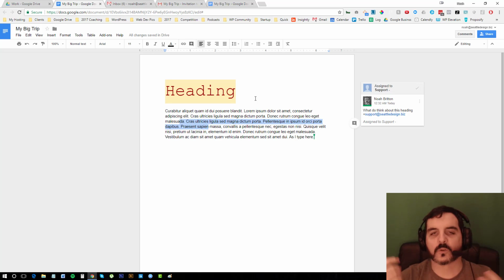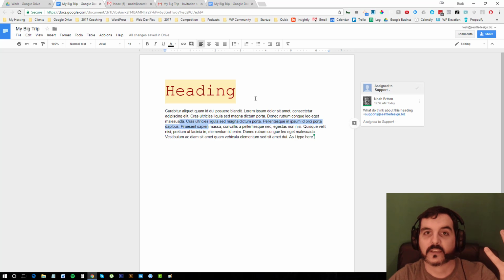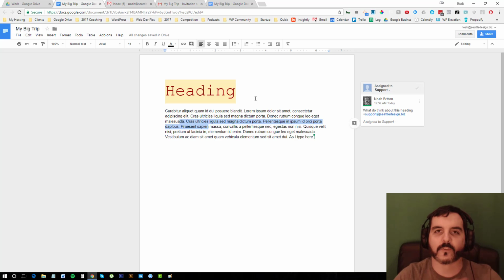So no more attaching Word documents and using all the edit stuff and sending it to them in an email, and then they change it. But you've made changes in the meantime, right? It gets rid of all that sort of weird threading that happens with documents. And we can